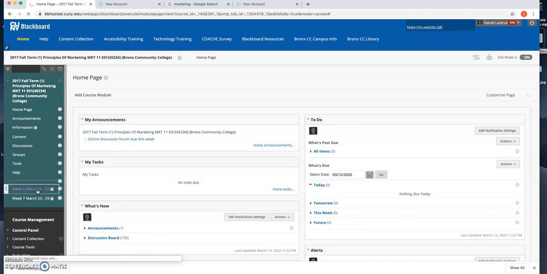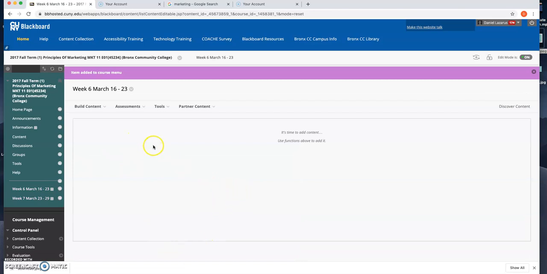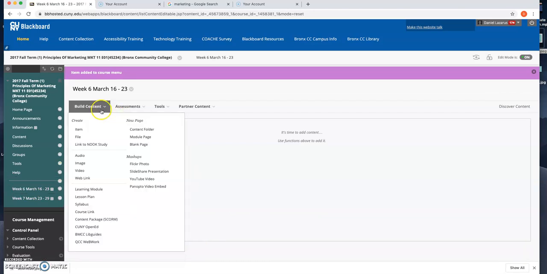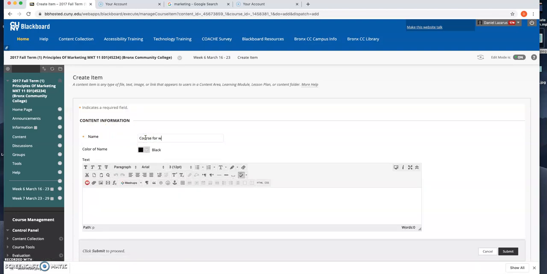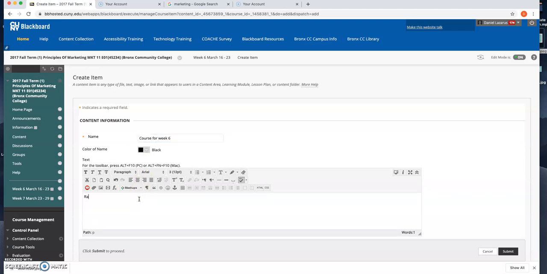And in each week, if you click on this, you will be able to put your content here. Let's say I would like to put up the tasks for this week. I click on build content and I click item, and then I say coursework for week 6. And then I type in what are the readings, say chapter 6 from the marketing textbook. And then you could put this as 1, and then you could add 2 and say,